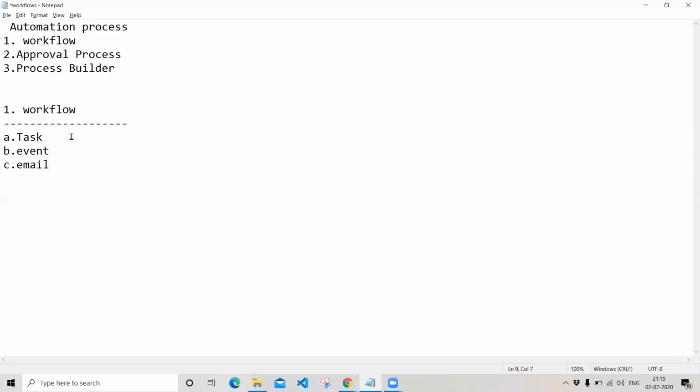So let us discuss the task. A task is a given work which needs to be completed by a user in an organization in a specified amount of time. We have an example in our day-to-day life, which is completing our assignments. Whenever you are given an assignment, you need to complete it before the class starts tomorrow, which is nothing but having a specific period of time to complete your task.